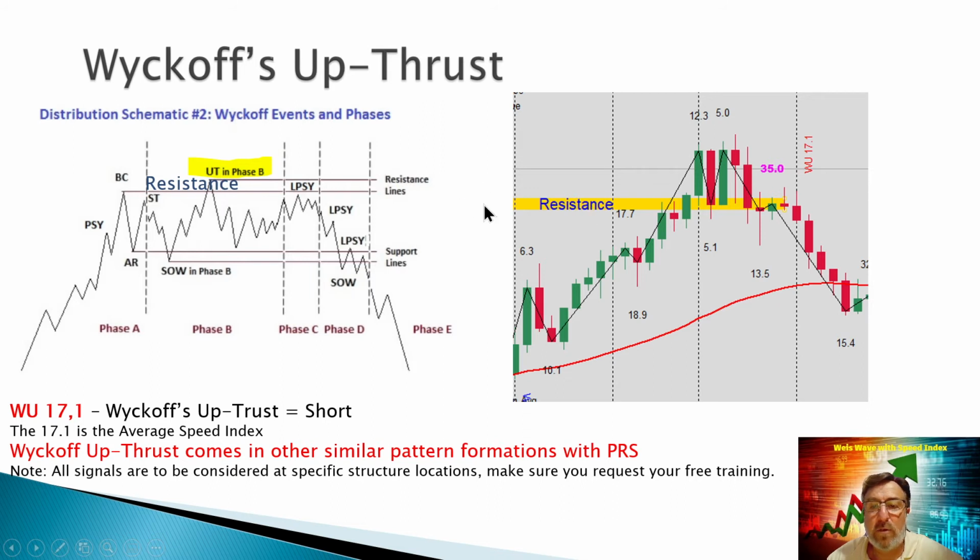Okay. Now on your right, you're going to see how this is displayed on the new pattern, the Wyckoff upthrust pattern, which is designated with a WU, Wyckoff upthrust. And as you can see here, we had the fake break of a resistance level, same as here. Then we started going down, and the signal came right here, which is the entry was here, and the price started going down.